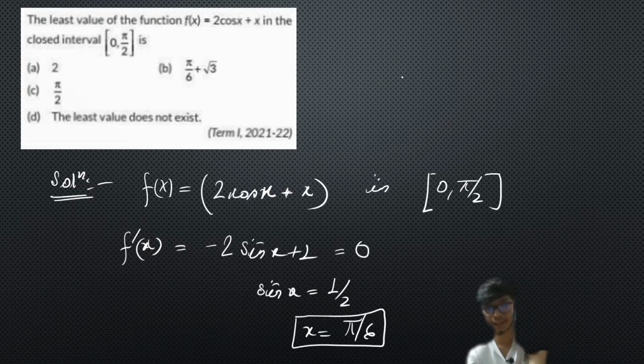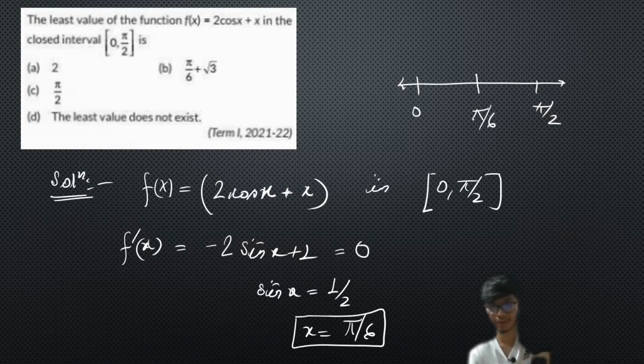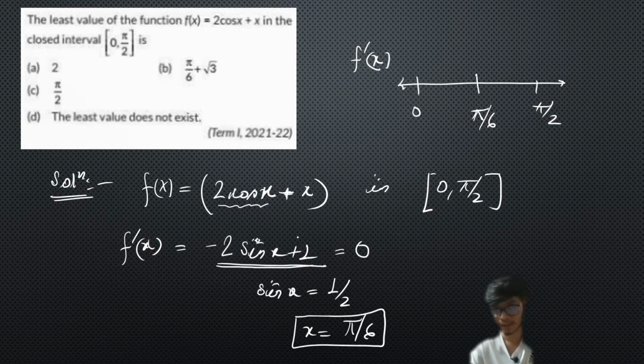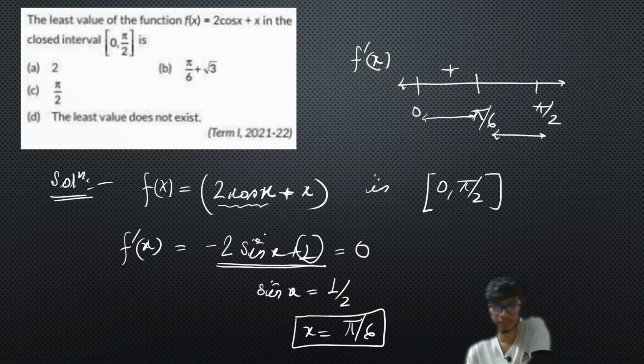At this critical point, let us plot the behavior of the first derivative. At pi by 6, and we have 0 and pi by 2. We are looking at the sign scheme of f dash of x. In between 0 to pi by 6, the 1 term is going to dominate, so this is 1 minus something, which is positive. Between pi by 6 to pi by 2, the other part is going to be dominant, so here I will have